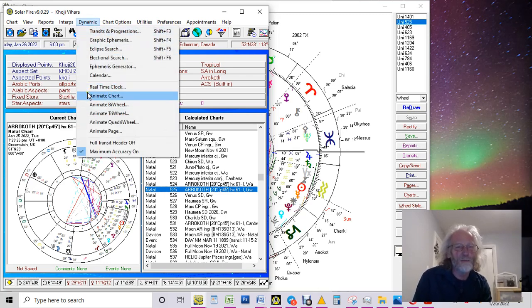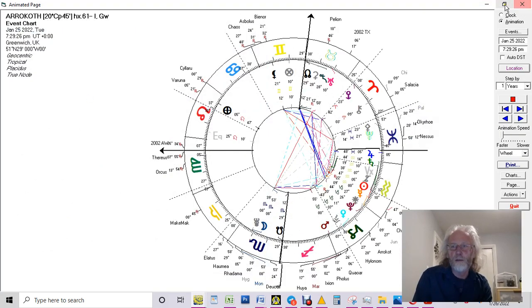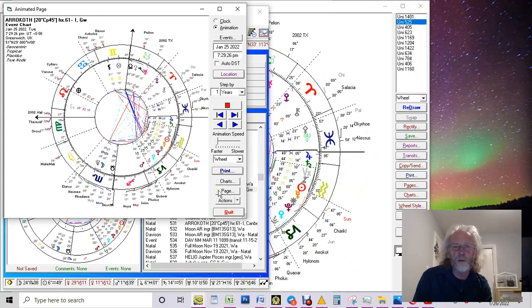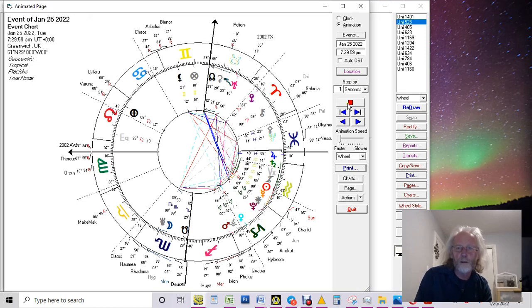So I go to Dynamic and I say Animate Chart. And then let me just make it a bit smaller so you all can see what I'm doing here. So you see it says 2044. Now the mark I'm after is 2045. So let's just go second by second. I might just be a few seconds off here. Okay, a little more. Let's go a bit faster. Yeah, here we go. Okay, let's go back